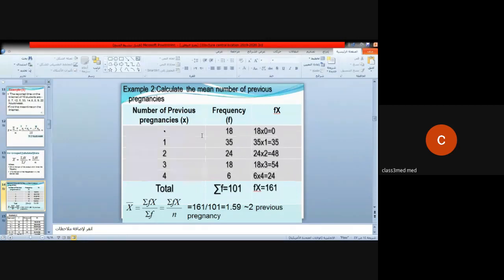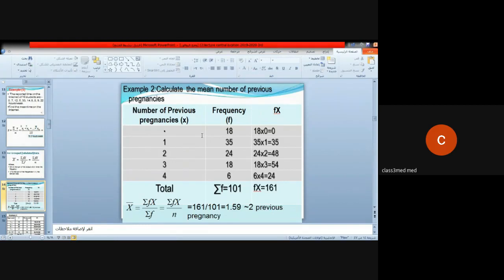So by application of the formula x bar equals summation of fx divided by summation of f, first step we have to multiply the frequency by x. So for the first group, for the first class, 18 multiplied by 0, which is equal to 0, 35 multiplied by 1, 24 multiplied by 2, and so on. Then the results of this multiplication will be added up. From this, we get the summation of fx, and by dividing this summation of fx by summation of f or